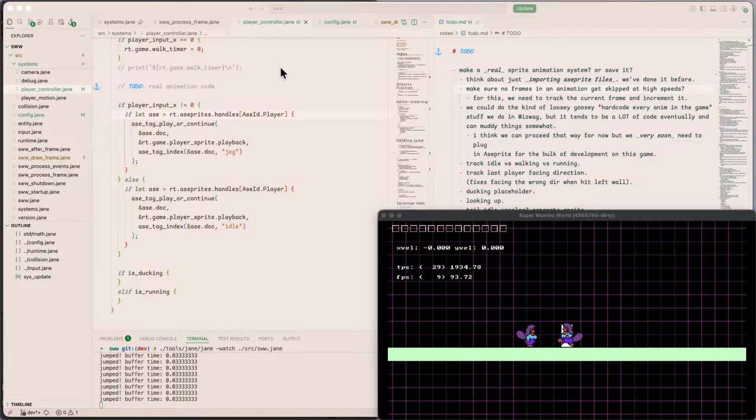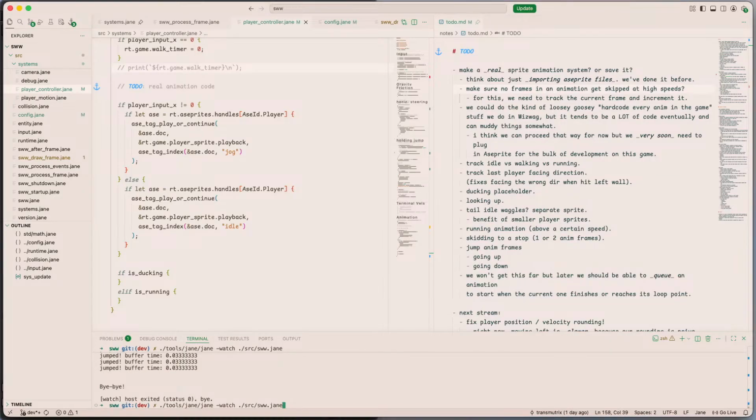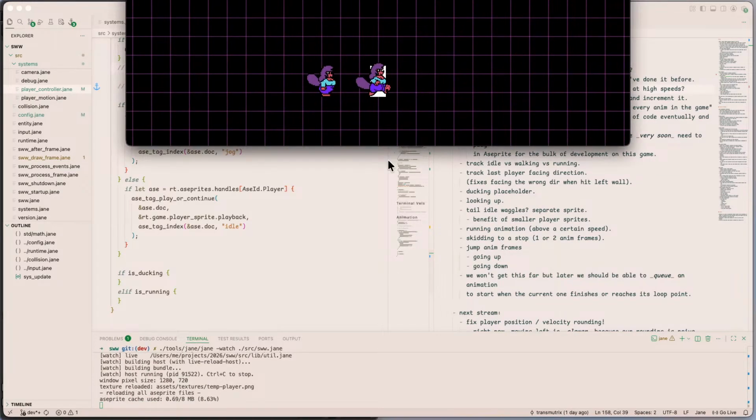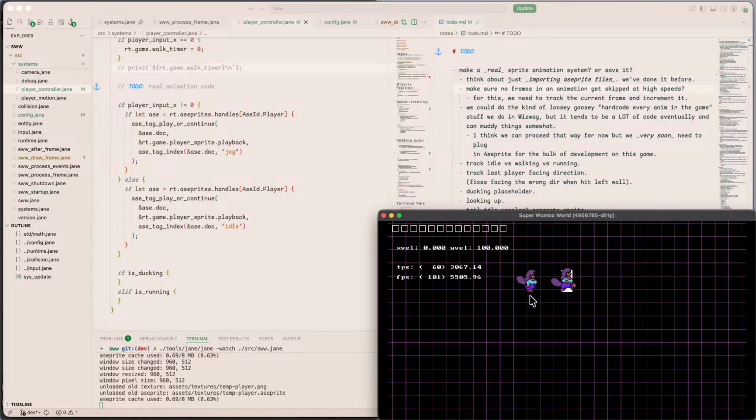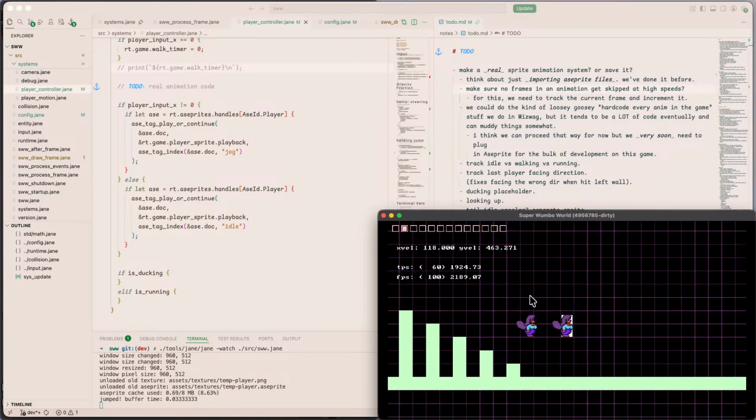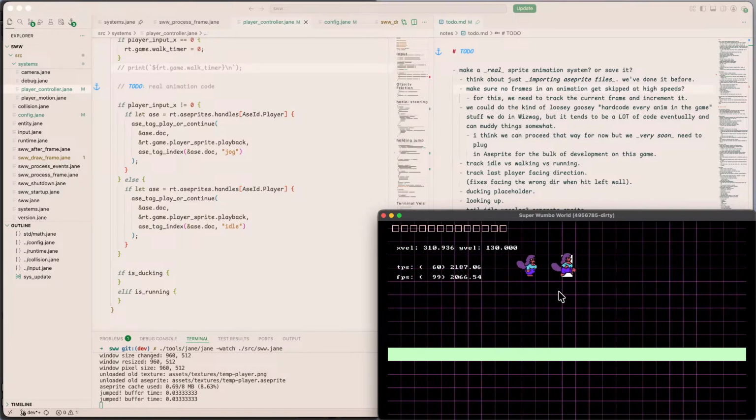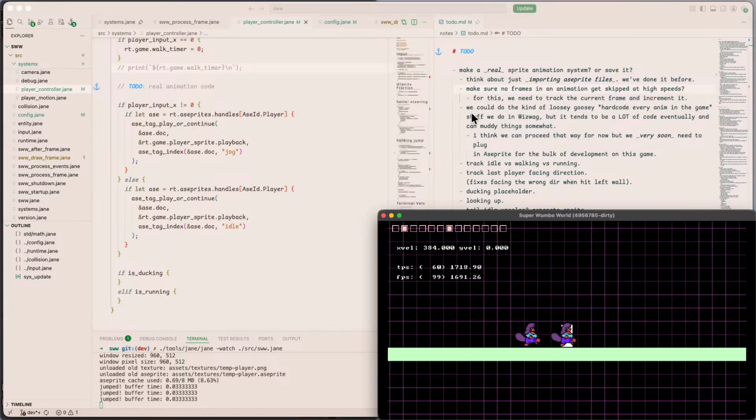Weird. Yeah, it does start up pretty fast, and luckily there's not a whole lot going on yet, so it's not like, oh man, the level takes time to load and we gotta get back to where we were. There's nothing like that yet. So